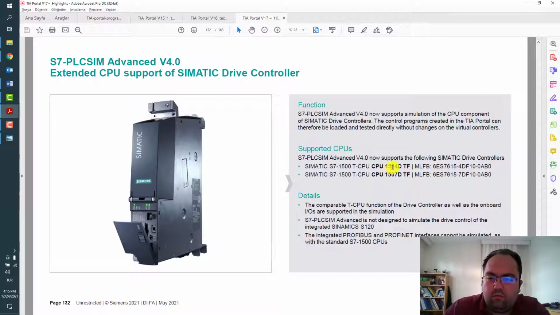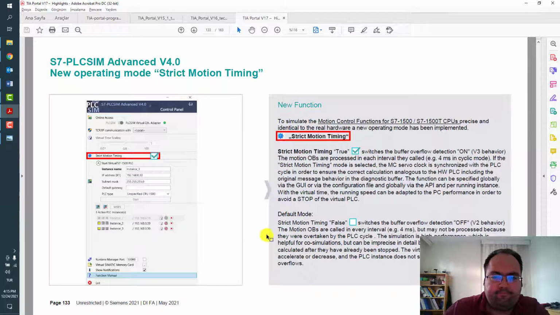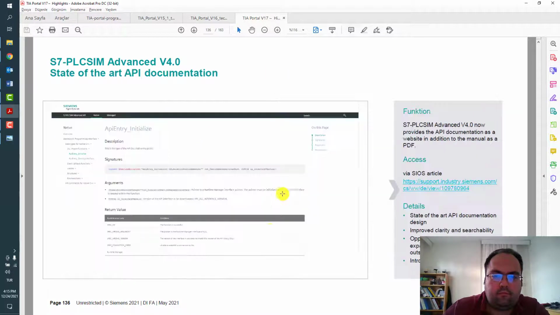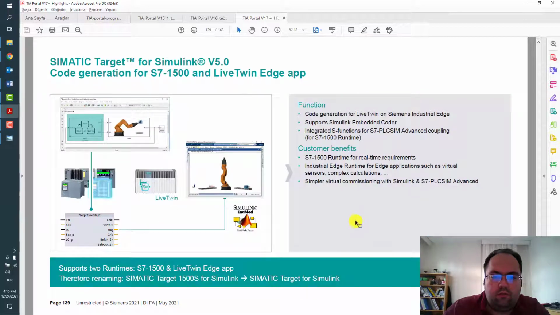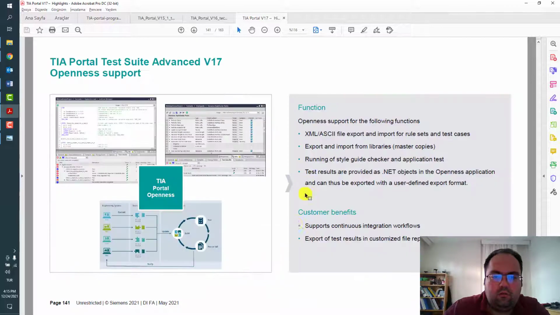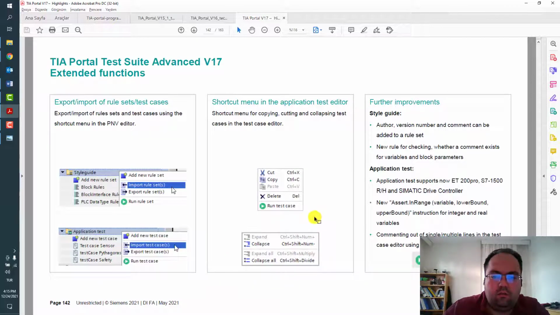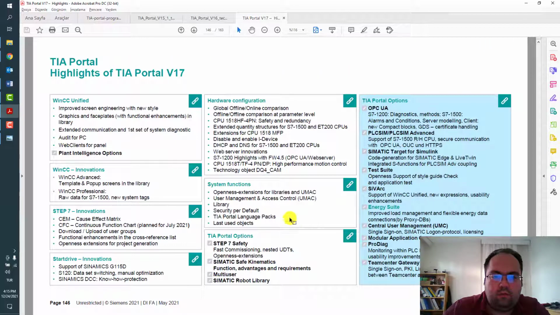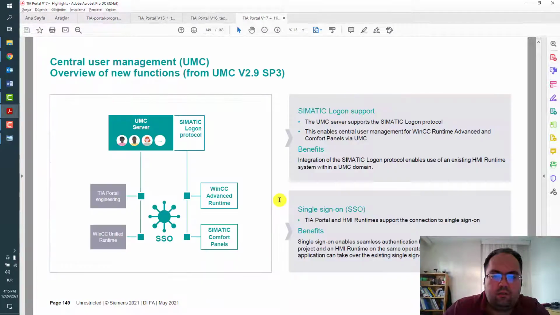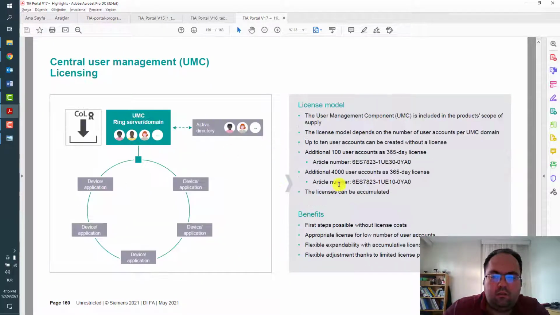Right now there are only two types of drive-based controller with safety functionality: strict motion timing. And after you complete this training, maybe you will take a look in your free time at this document to get more information related to the Totally Integrated Automation portal, because there are a lot of features right now released by Siemens.